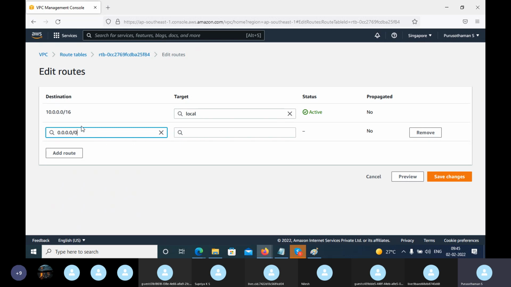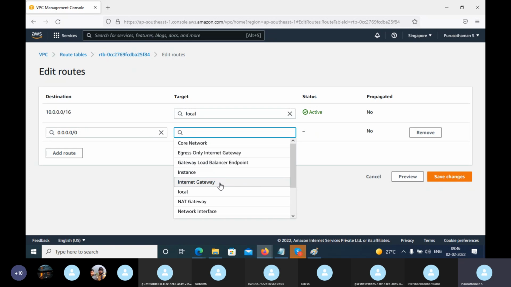And what is the reason we are selecting all the IPs? If we provide the public subnet with public access, the public IP differs. Every time of restarting or every time of your request for IPs, it may change. So in that case, we cannot define what IP ranges should access our internet gateway. So we have to select open access, which means all the IPs can access our internet gateway. So here the target is internet gateway.